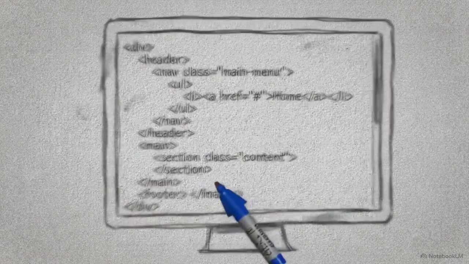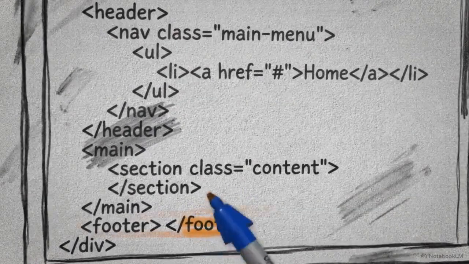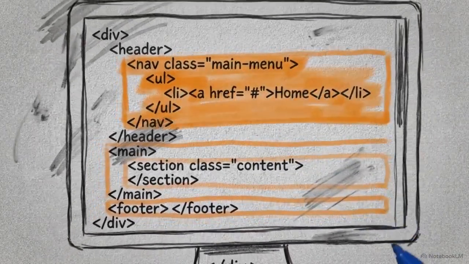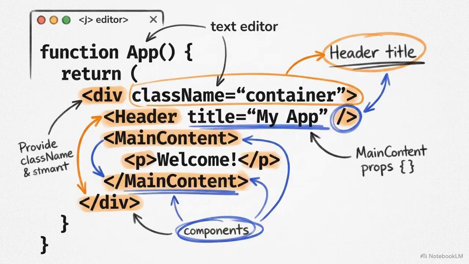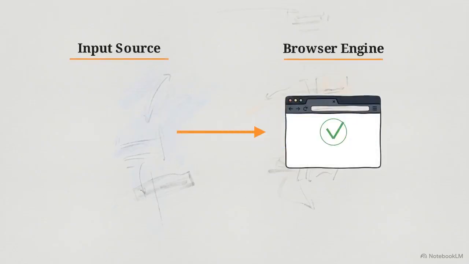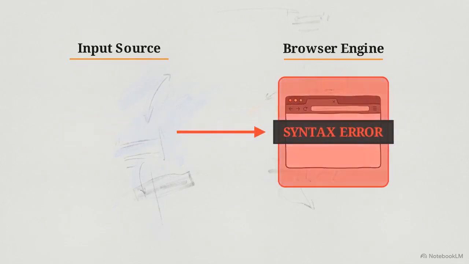Engineers spend their days writing UI components in a syntax that feels entirely familiar. We write tags, assign classes, and nest elements, treating JSX exactly like standard HTML inside our JavaScript files. But web browsers have no idea what to do with that syntax. A rendering engine can parse HTML, CSS, and standard JavaScript, but if you feed it raw JSX, the process immediately